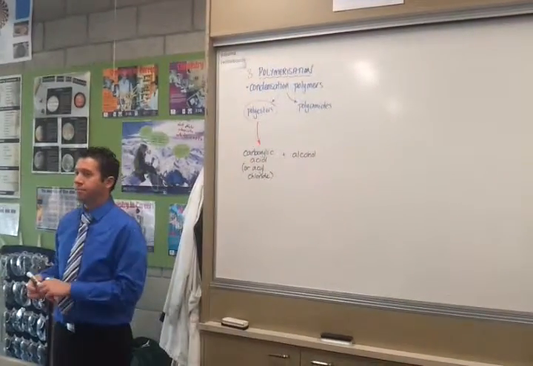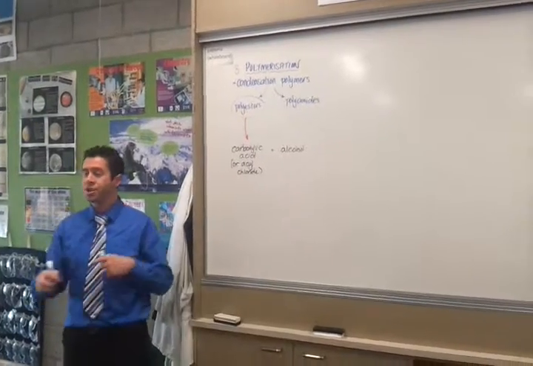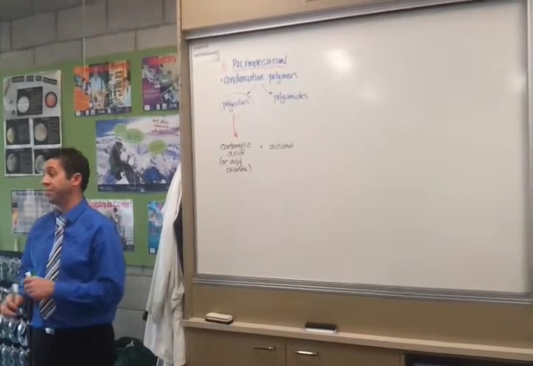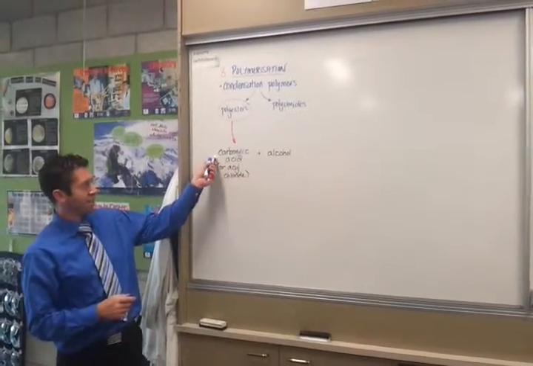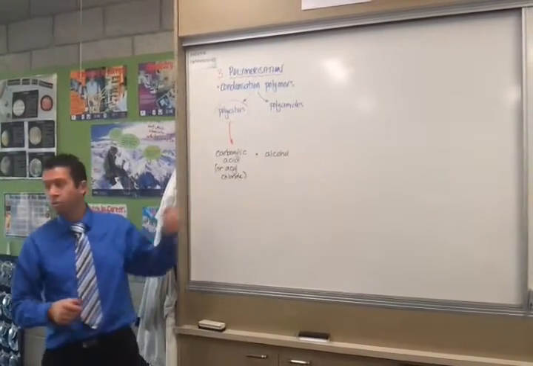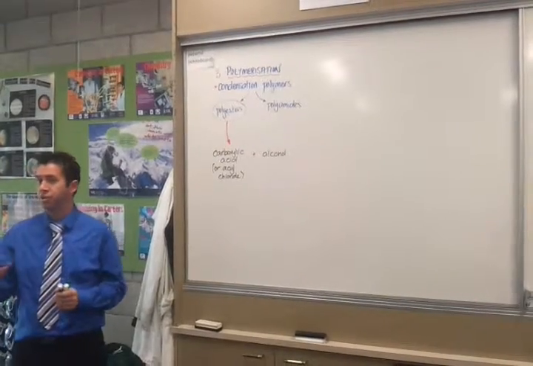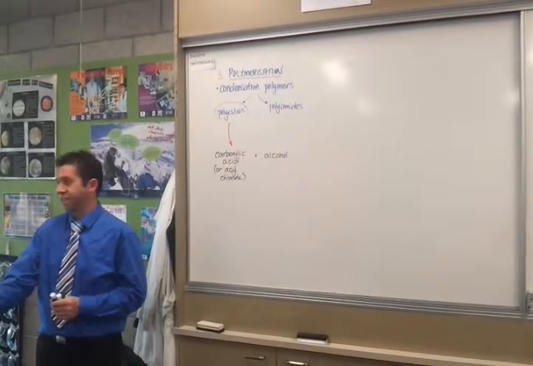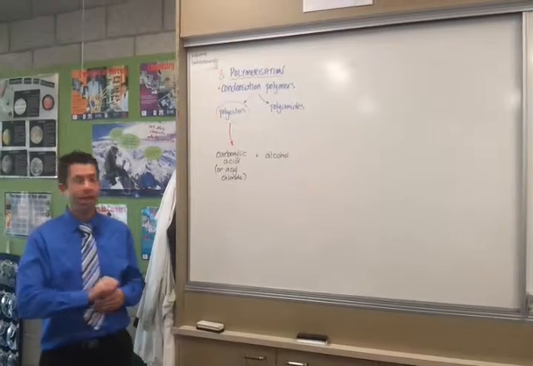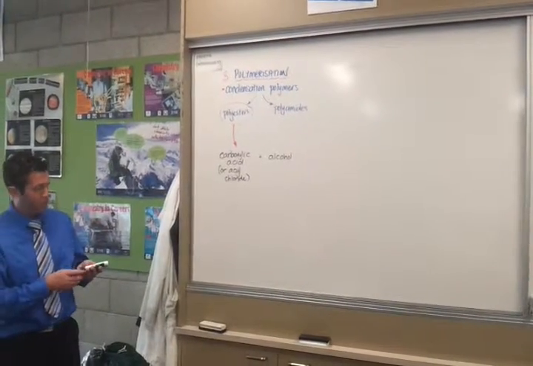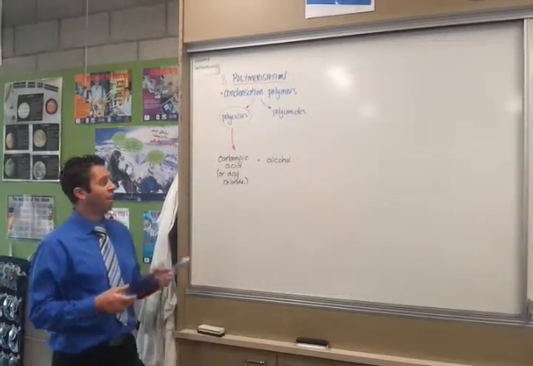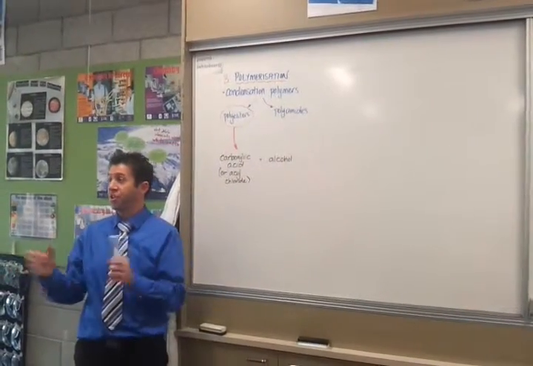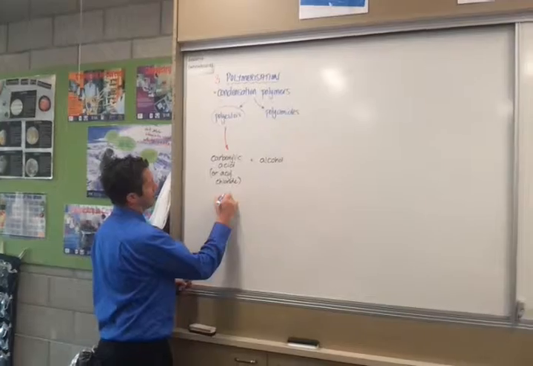Most commonly, polyesters are made from two different monomers that join together to make the polyester. So I'm going to use the carboxylic acid and the alcohol rather than the acyl chloride version, but you can substitute the OH of the alcohol for Cl, which will help with that. So if we've got two different monomers, what you'll find is that it has the functional group on each side. So for example,